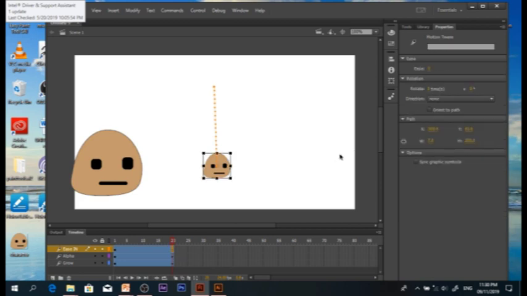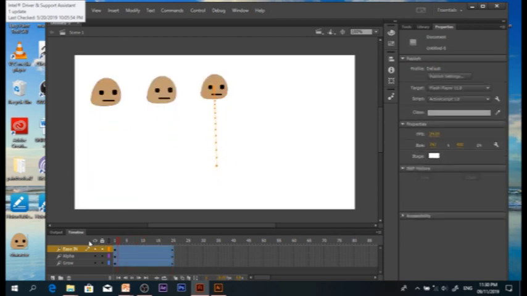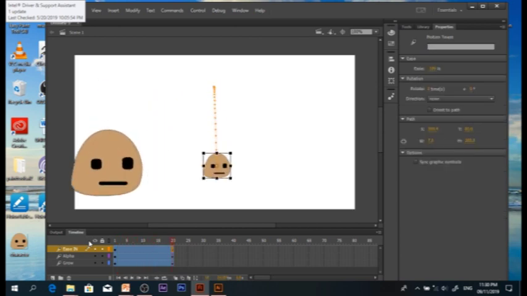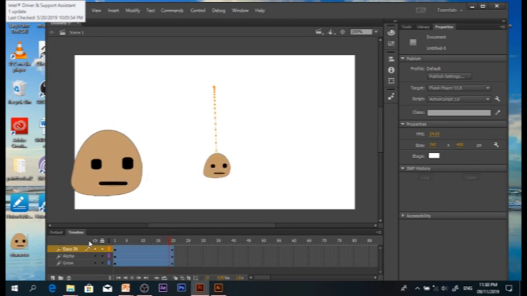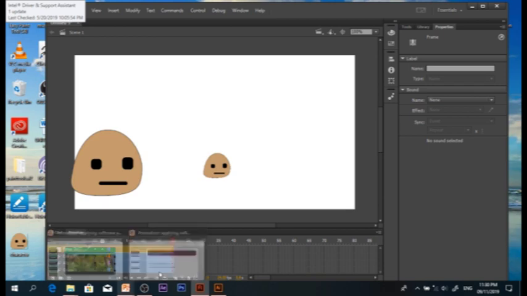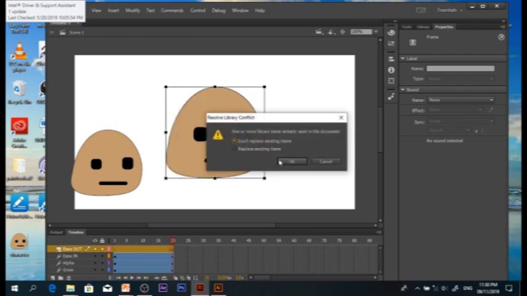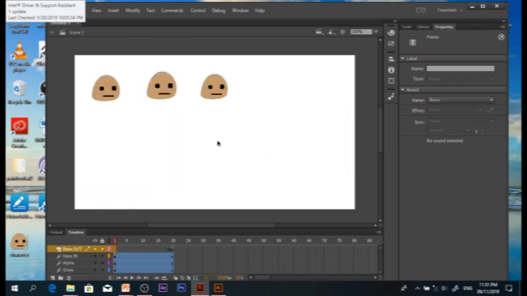The same process: when you go to the properties, you need to select the last frame, the 20th frame, to apply. Then you have the ease in or ease out. Let's set that to -100. Let's try. Okay, there you go. The starting movement of the object is slow, and then later on